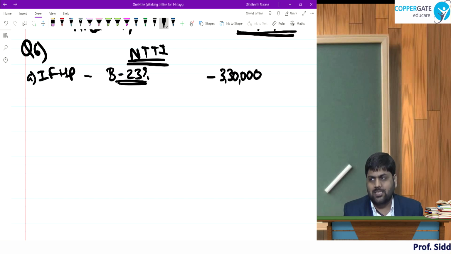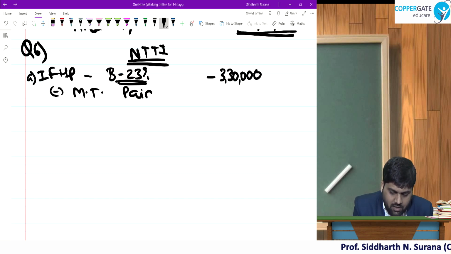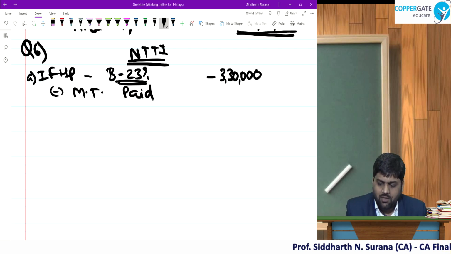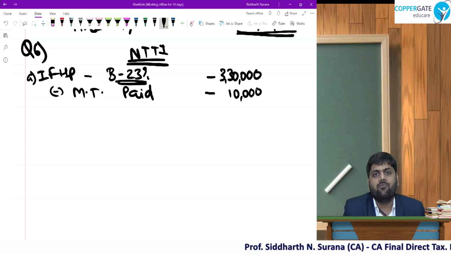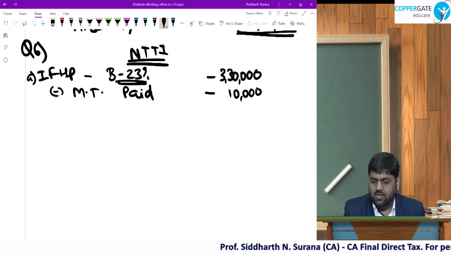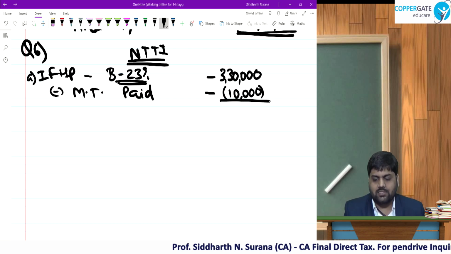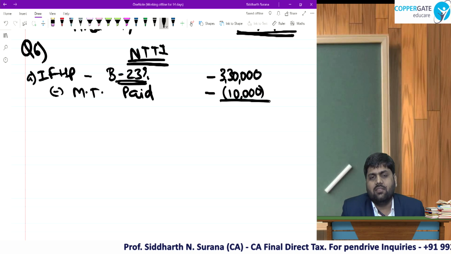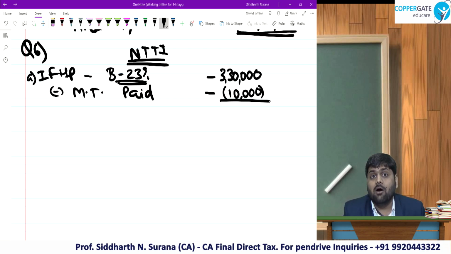A basic principle of income tax: whenever there is any expense incurred for the purpose of earning income, when you have earned this rental income in country B, with respect to this rental income, you have incurred expense in the form of municipal taxes, rupees 10,000, and you will get deduction of your municipal taxes. So any student writing 330 in the outer column, disaster, you take deduction,